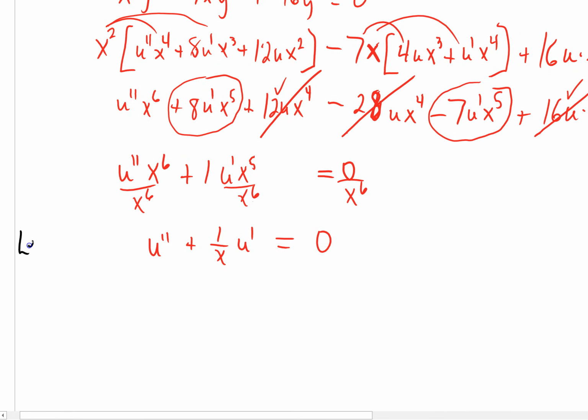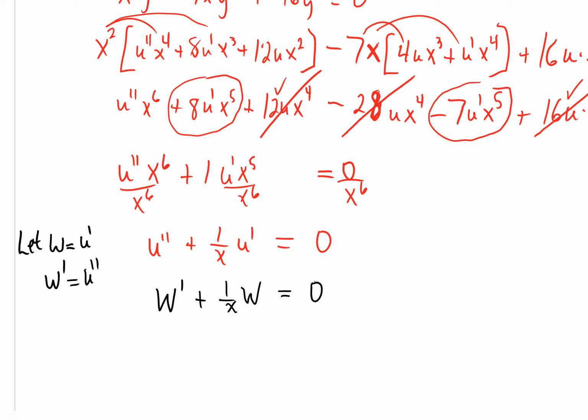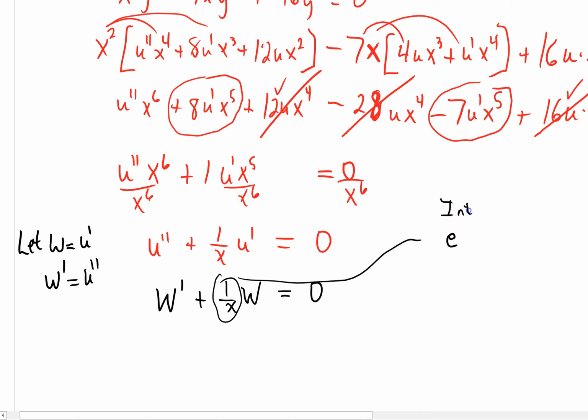Right now we're going to let w equal u prime, and then w prime would equal u double prime. And the reason why we do this, we actually did this in the past units that we've worked with, is now, thank goodness, as you're looking at this, this becomes a problem that we have solved before with an integrating factor. The integrating factor, you might remember, is this 1 over x right here, and we're going to say, look, our integrating factor,